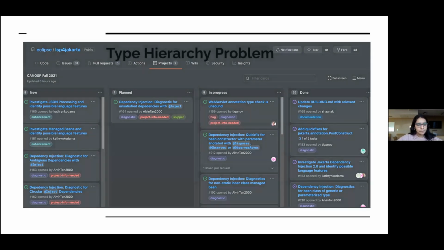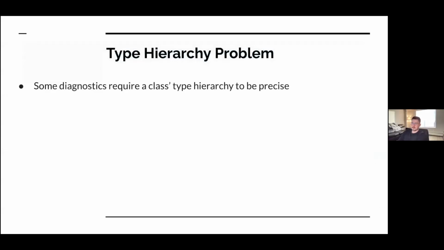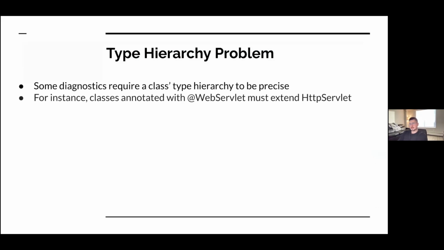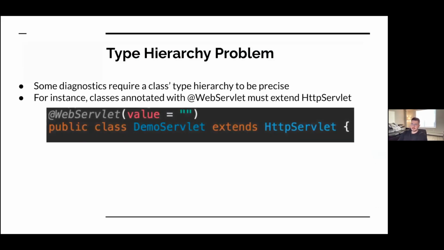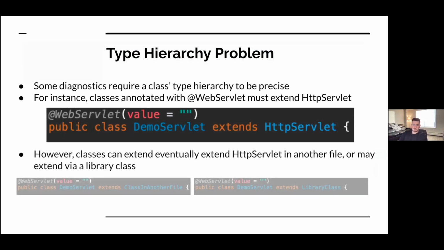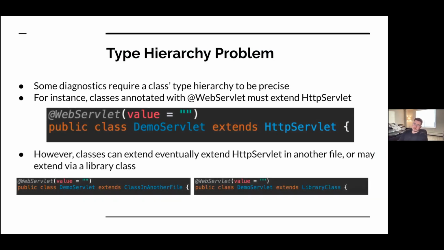Next, Daniil is going to talk about his work relating to a few problems and bugs in the language server. Yeah, so I'm going to go over some specific issues just to show you what kind of challenges we faced. The first one had to do with the type hierarchy. Some diagnostics require a class's type hierarchy in order to be precise. For instance, if a class is annotated with web servlet, then it must extend HTTP servlet. This is fairly easy to detect if it directly extends it. However, a class could extend HTTP servlet through another file, or maybe through a library class, and we don't have library class information. So the way we solve that is we